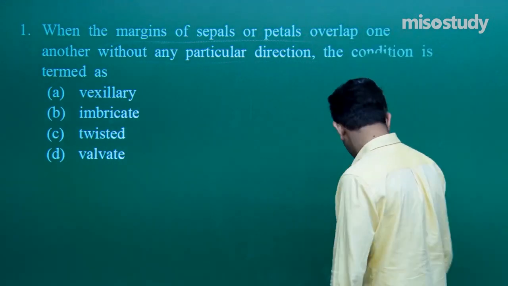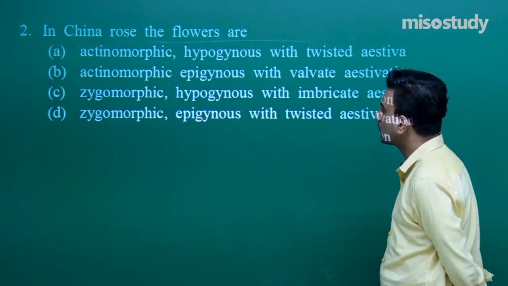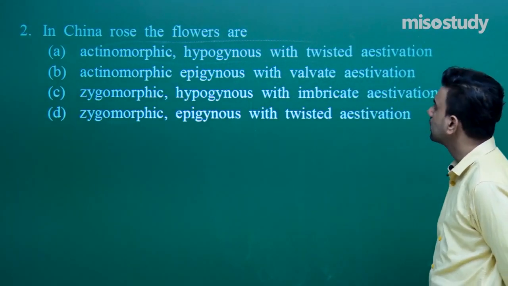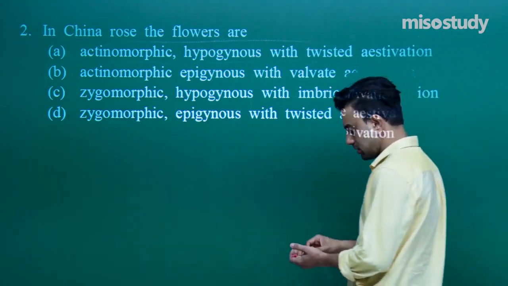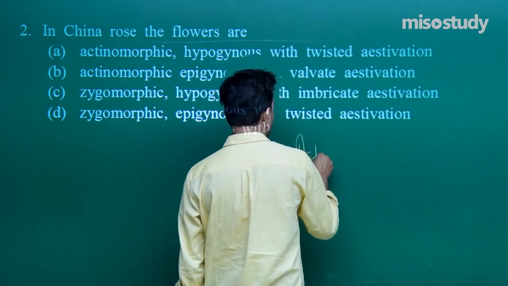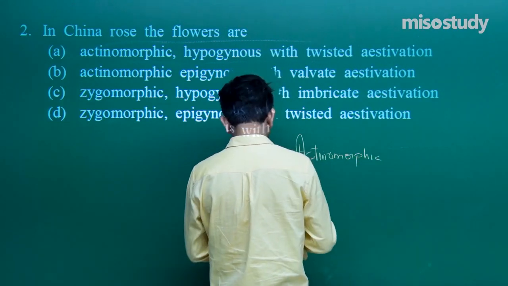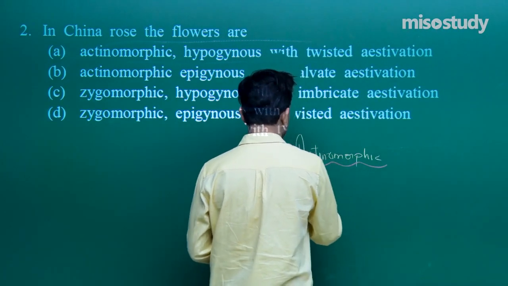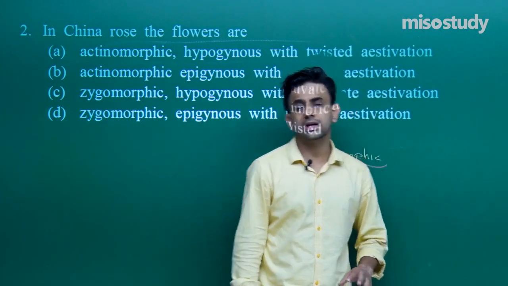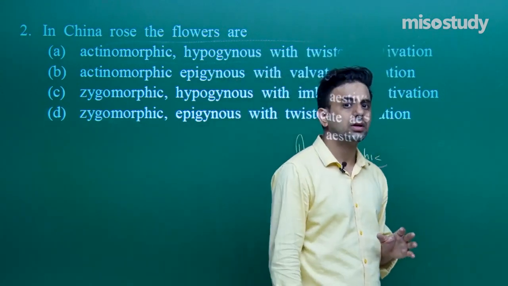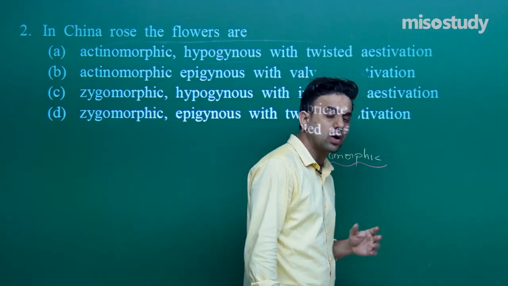We move on to the next question. In China rose, the flowers are actinomorphic, hypogynous, okay, with twisted aestivation, right. So when we talk about the actinomorphic flower, what is an actinomorphic flower? Now the actinomorphic flowers, these are flowers which can be divided into 3 equal sections, right. These flowers can be divided into 3 equal sections around a central axis,